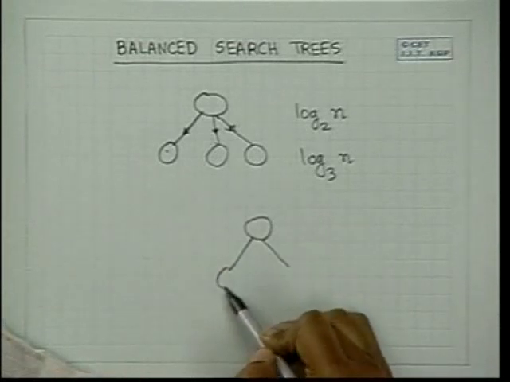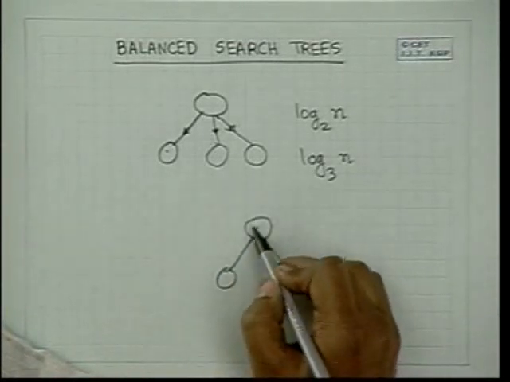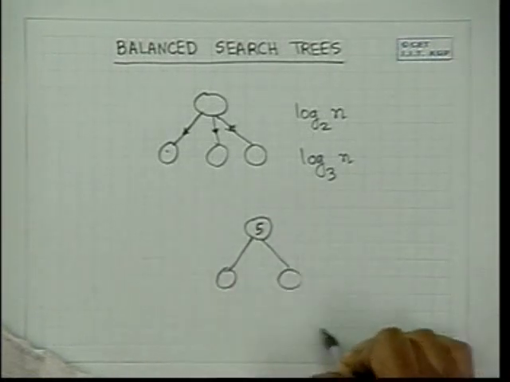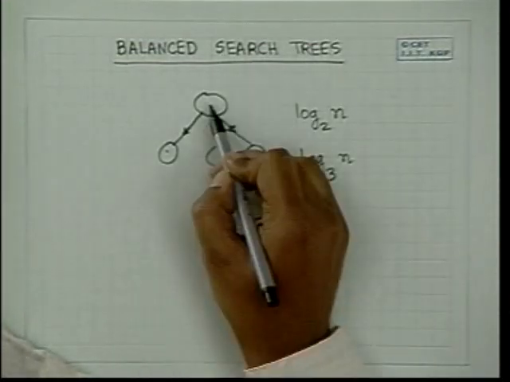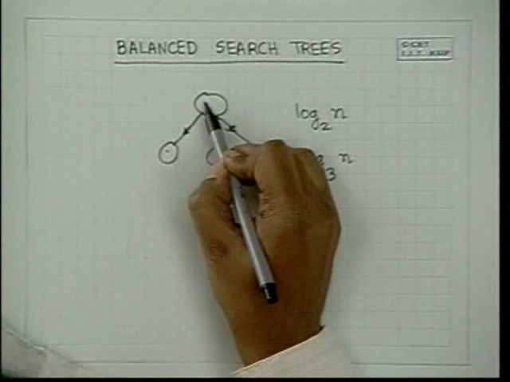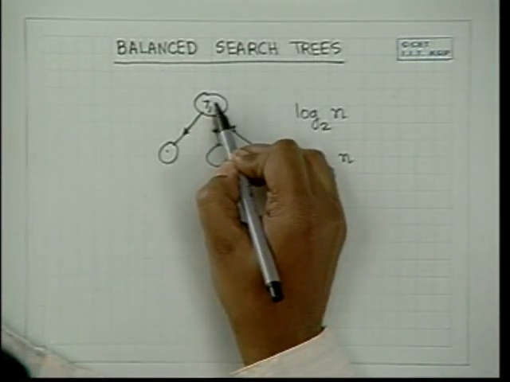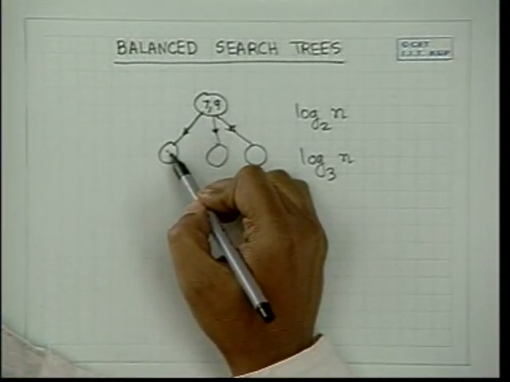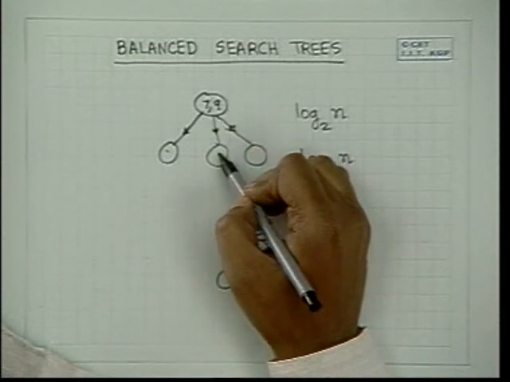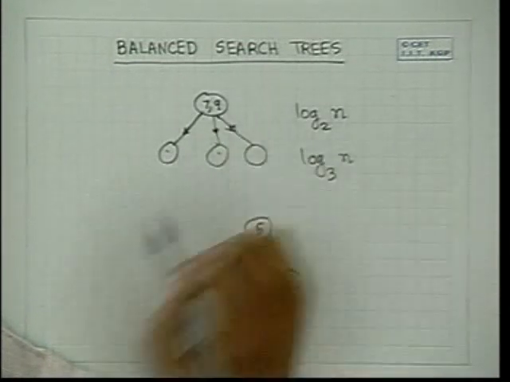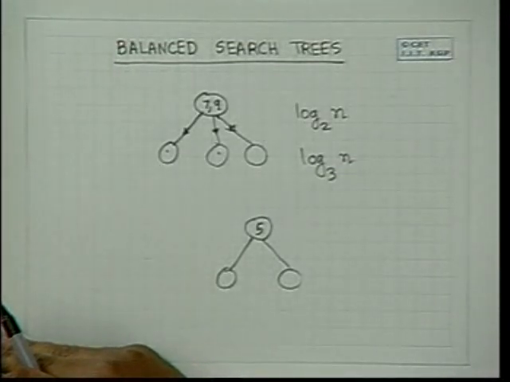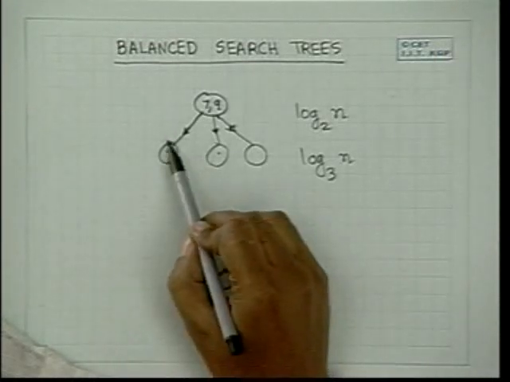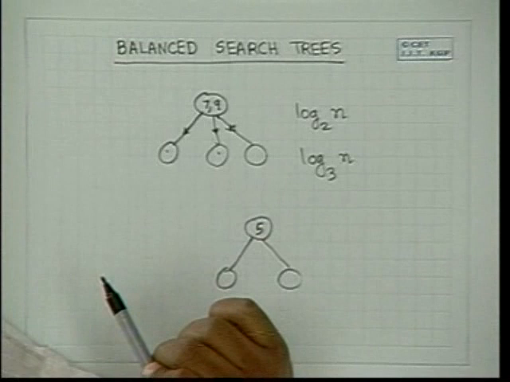And in a binary search tree, what did you store? You stored a node, say 5, then all less than 5 was stored here, all greater than 5 was stored here. But if you have 3 children, then you will have to store 2 values, say 7 and 9. This means that all less than 7 will be this side, greater than 7 and less than 9 will be this side, and greater than 9 will be this side. Otherwise, you would not be able to make a 3-ary tree effective, because you have to decide which one to go into.